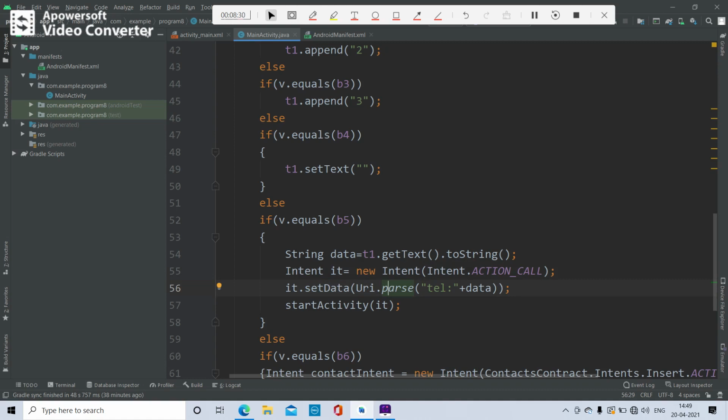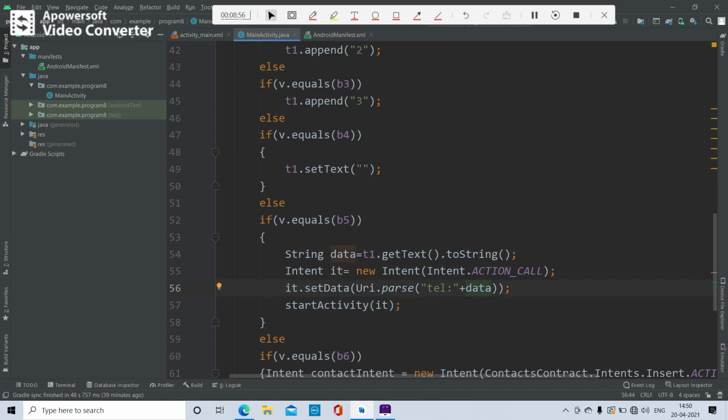Then it.setData(Uri.parse(...)). See the method it.setData. Inside that, the parameter is Uri.parse, then "tel:" plus data, which has the telephone number. Then startActivity. It indicates the activity started with the telephone number plus data.